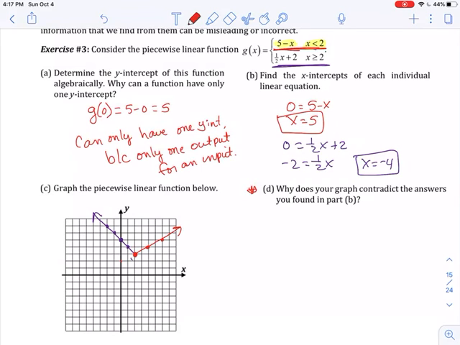Now here's a question, D. Why does your graph contradict the answers you found in part B? In part B, I said that there were x-intercepts at 5 and -4, and this graph is actually never touching the x-axis. The graph contradicts what we found in part B because it has